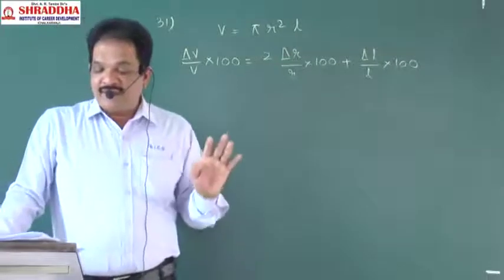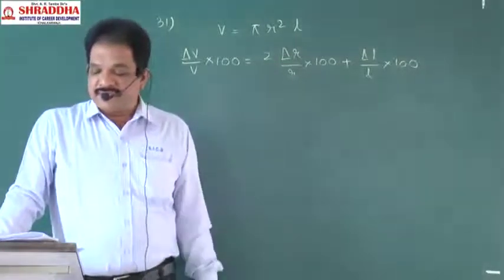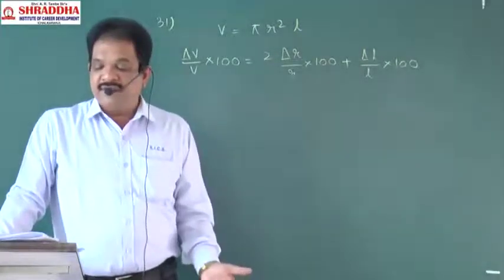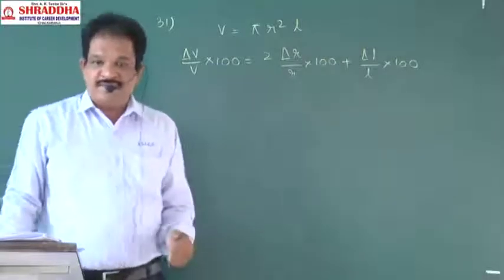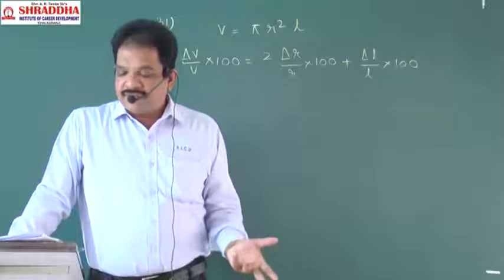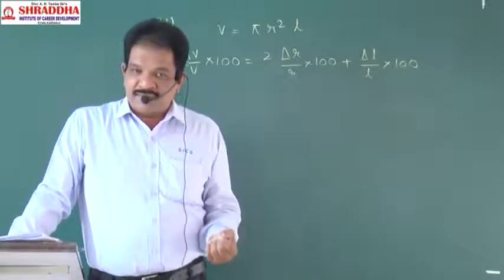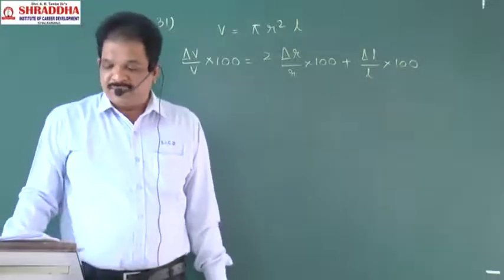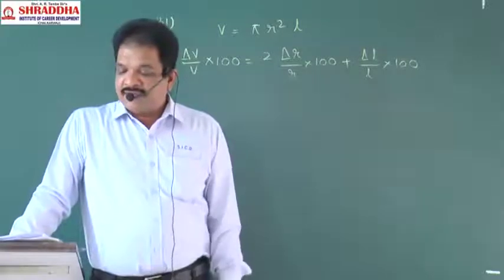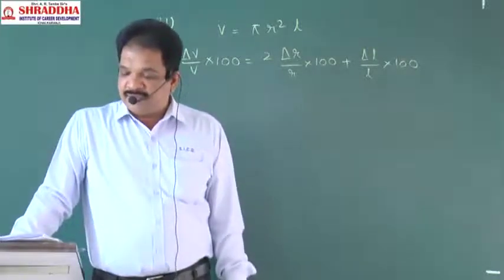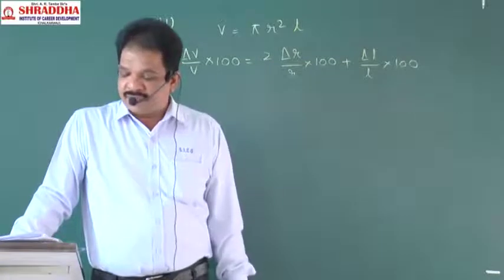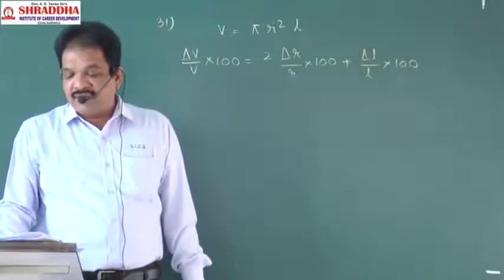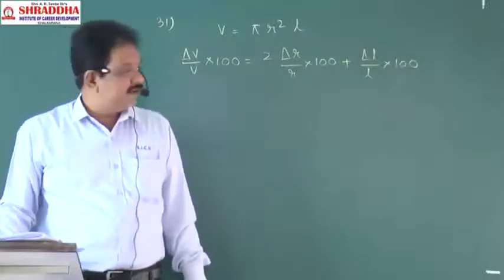To calculate the volume of the cylinder, student is given a meter scale of least count 1 mm to measure its length. By using the scale, they measured the length. Least count of the length will be 1 mm. 1 mm means 0.1 centimeter, both are same only. And radius value will be 2 centimeters, least count 0.1 mm. Then the percentage error calculated in the volume of measurement will be how much?